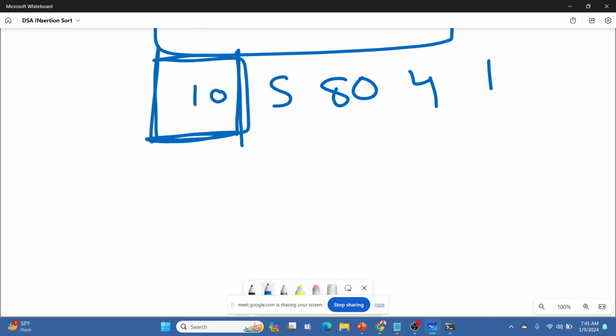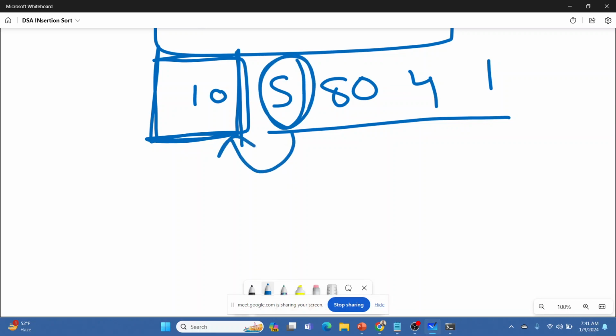It divides 10 from the other parts. So we will pick the first element after 10. We will check it with the 10, whether 5 is greater than 10 or 10 is greater than 5. If 10 is greater than 5, we need to swap them. So 5 will come over here, 10 will come over here, then 80, then 4, then 1.